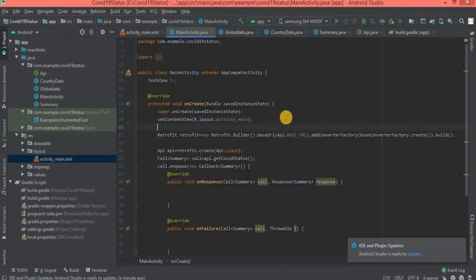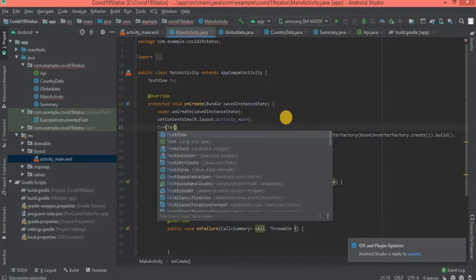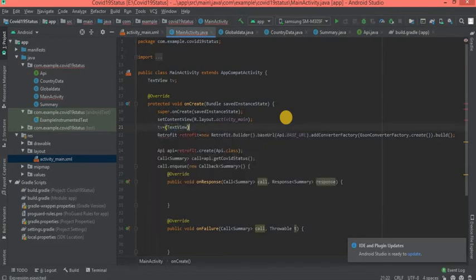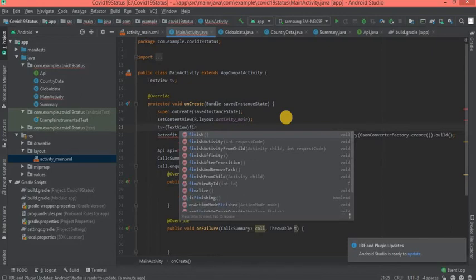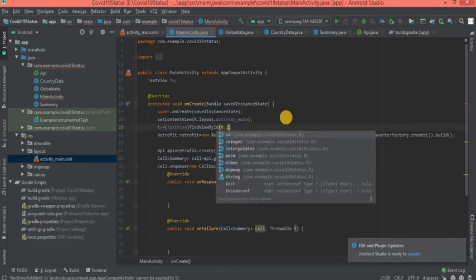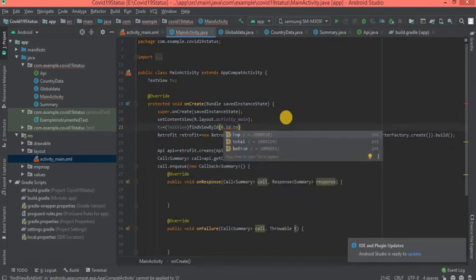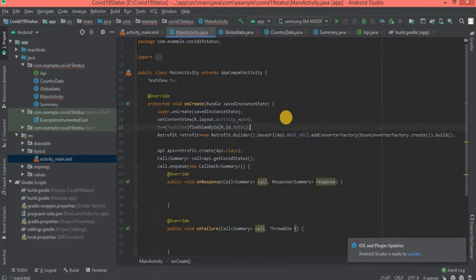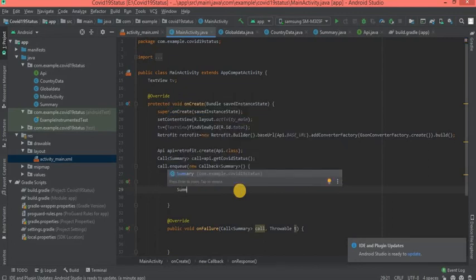Next we need to map this TV object to the corresponding text view. findViewById R.id dot the ID of that text view. Now here we are going to display the data inside the text view, the total affected cases around the globe.